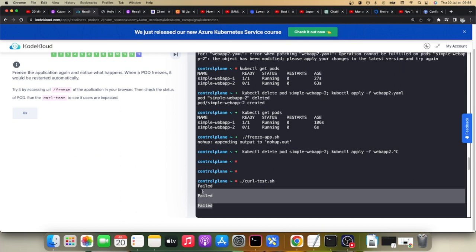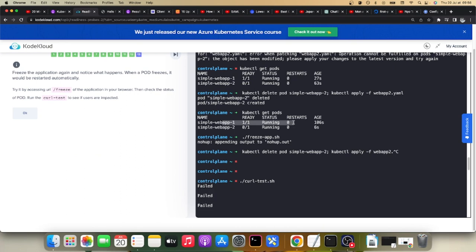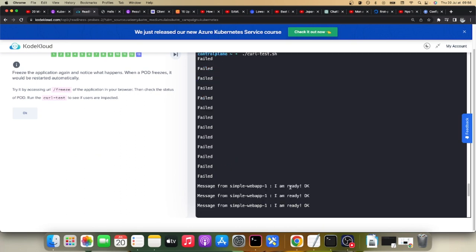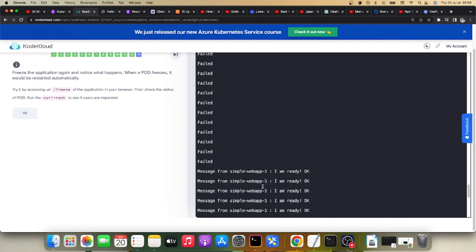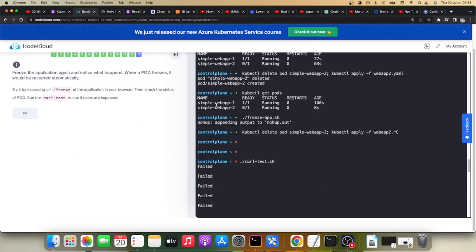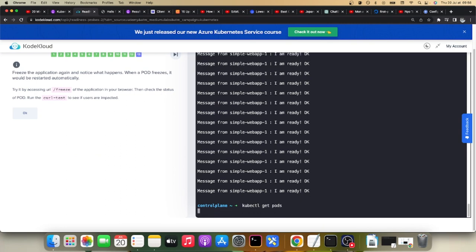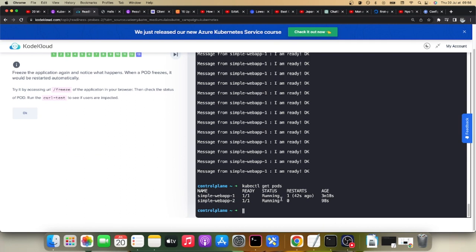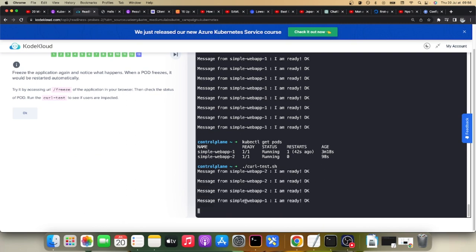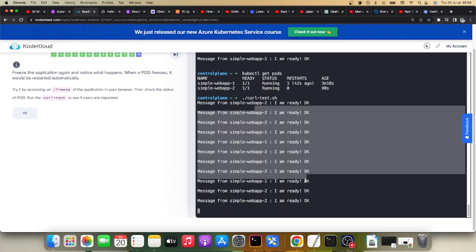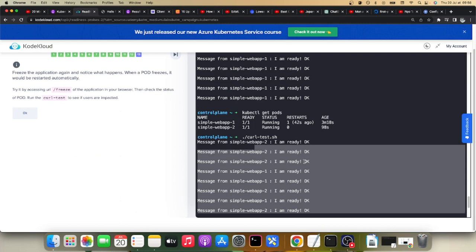So before it wasn't working because I think the 80 seconds was still running for it to initialize, but now it's running properly. Pod 1 is responding to requests, but pod 2 is not responding because I actually froze it. So users are not impacted here. Let's see the states of the pods. Okay, everything is ready. Let's rerun this. You see both pods are running now,